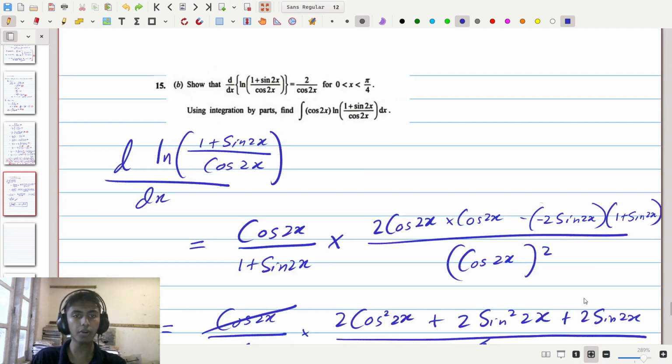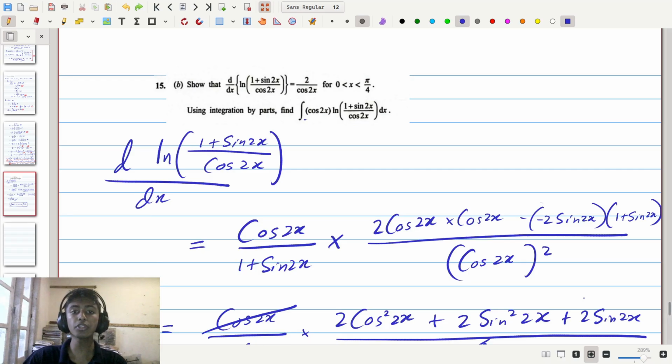Now in the case of what we have up here, we have two functions multiplied together and an integral sign around them. We have cosine of 2x and the natural log of (1 plus sine 2x) divided by cos 2x. Now, both of these we know how to take the derivative of. We know how to take the derivative of cosine of 2x, and as we found prior, we know how to take the derivative of the natural logarithm of (1 plus sine 2x) divided by cosine of 2x. However,